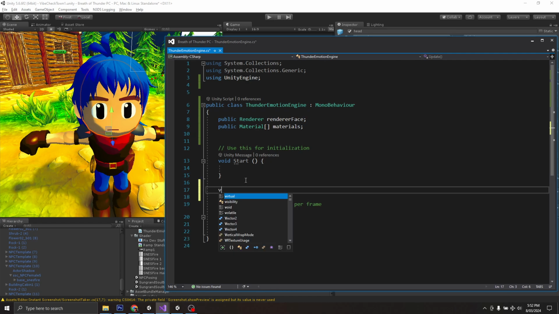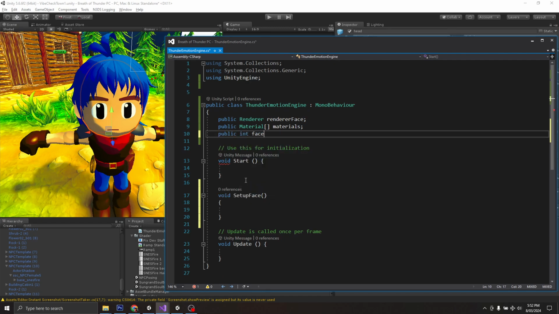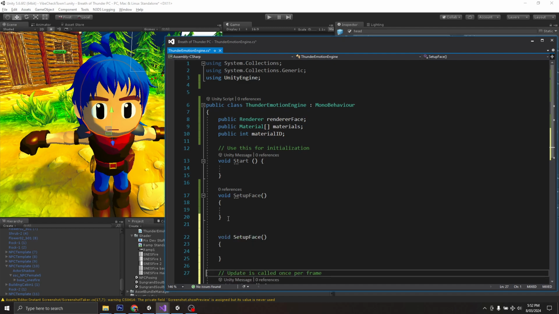So I'm just going to very quickly, and you can see it in real time as I get this as well. But first we'll do the setup face, and that will allow us to grab all the information we need from the face. And we need an integer, public integer face. No, this is material ID. That will let us pick exactly which material is on that render. So I'll let you know what that is in just a moment. Void, okay, and we are going to go